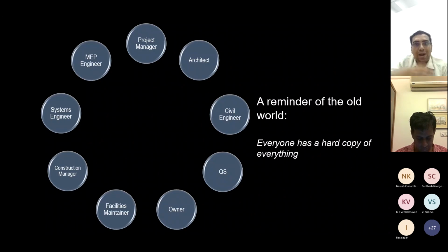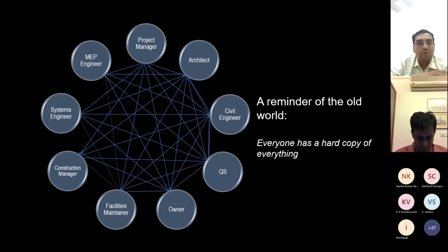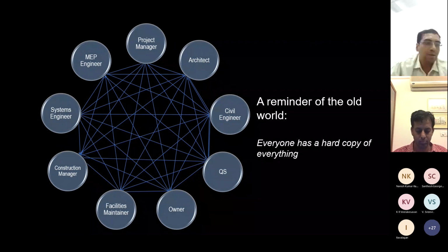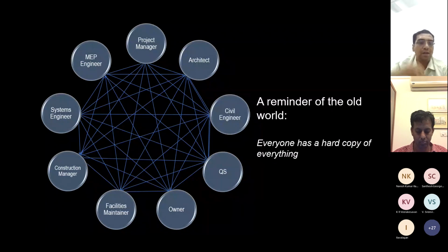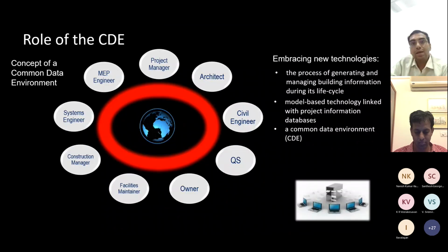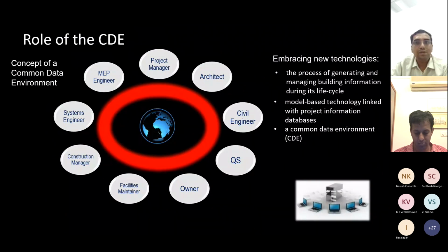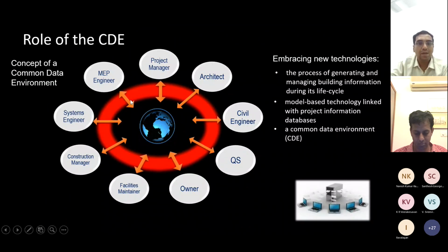And then we said, how does that translate into our world? It is this web of information which floats around between different agencies. This is a common slide which we also displayed last time, showing that there are a number of information flows between various stakeholders on construction projects, and that's the source of information leakage or misinformation. And what we said is the role of a CDE is to streamline this whole web of information into a centralized data source.